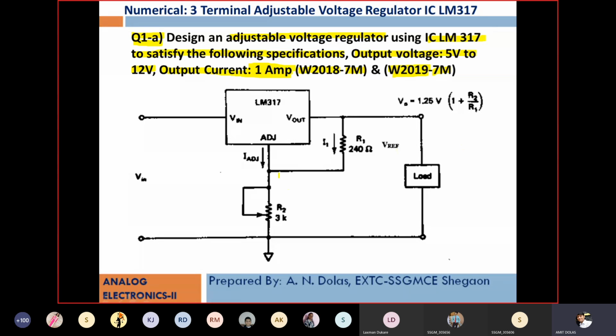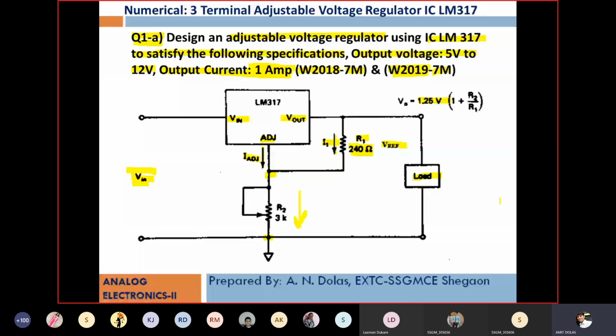So we'll have the solution. Configuration will be the same. Unregulated power supply is connected to the input. Regulated power supply is the output connected to the load. Between the output and the I adjust terminal there is one resistance R1, recommended 240 ohm, which develops V reference of 1.25 across it. I1 is passing through R1, and current I adjust as well as I1 is passing through resistance R2, which is located between I adjust and the ground. So this configuration will never change. The formula never changes, only one formula here.